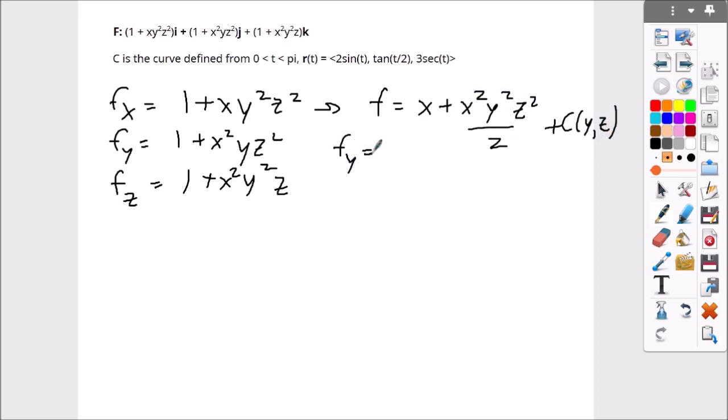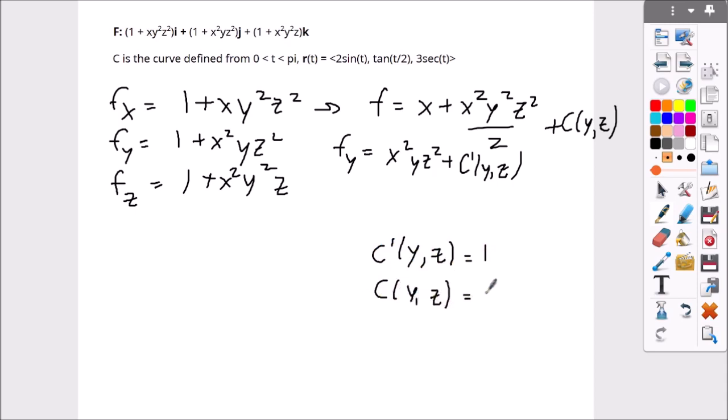That means f sub y is 2x, or no, not 2. x squared yz squared plus c prime of yz, and c prime of yz is 1. So c of yz is y plus c of z. Y because the antiderivative of 1 is y, but there is a c as well, and a c of z, because if you take c with the derivative